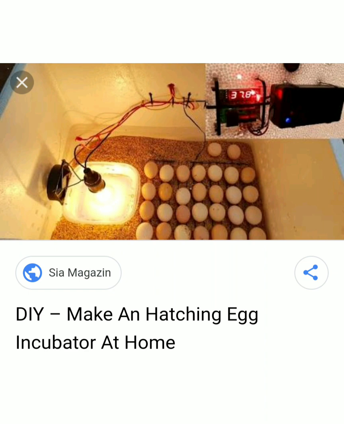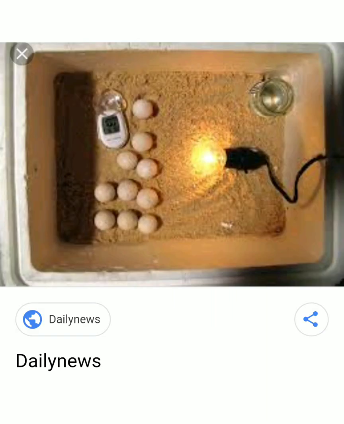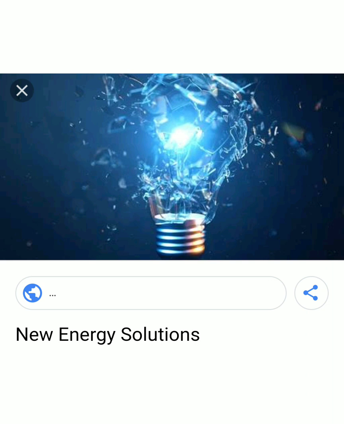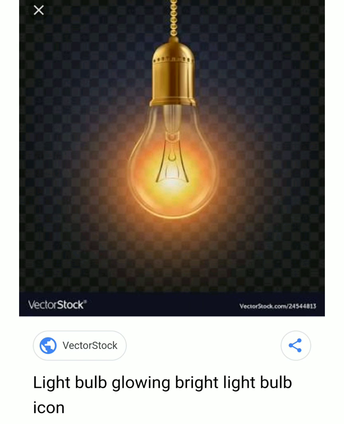In normal situations, a bulb is used to emit light energy, isn't it? We use a bulb to get light energy, but only in this situation of an incubator, the heat energy of a bulb is used instead of light energy. In the previous classes, we learned that energy can be transformed to different energy forms, such as light energy, heat energy, sound energy, etc.